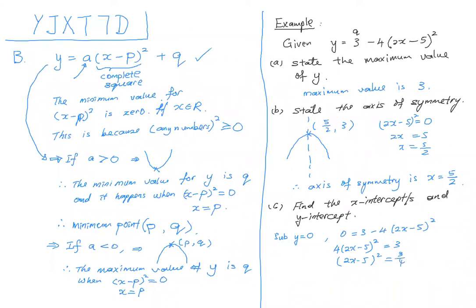Okay, so we take the square root. So we have 2x minus 5 is equal to square root of 3 over 2, or 2x minus 5 is equal to negative square root of 3 over 2, correct? It's supposed to be 3 over 4. Why 3 over 4? You look carefully, I have taken the square root. Am I right? Yes. Okay. So therefore, the exact value for the x-intercept will be